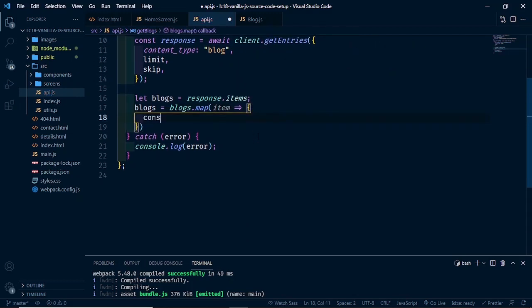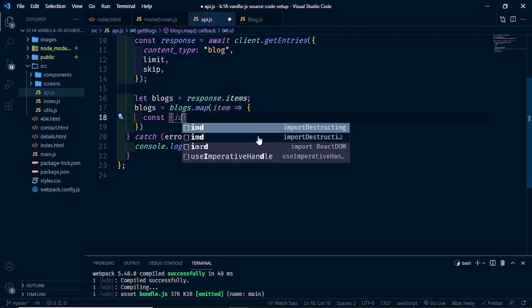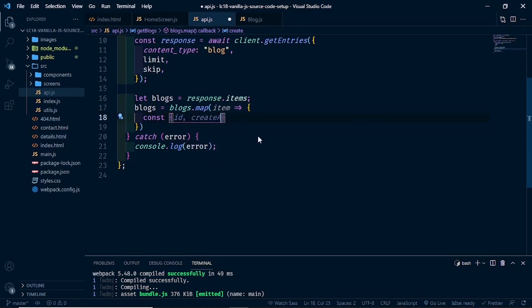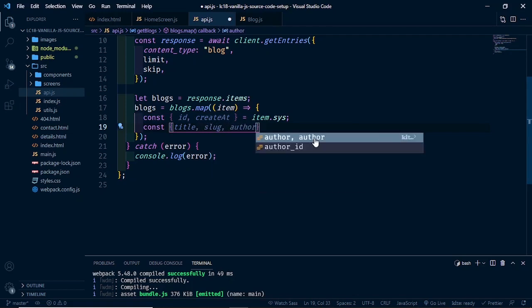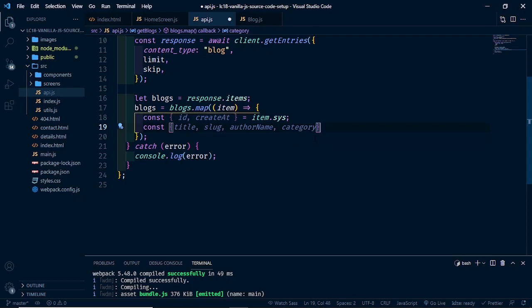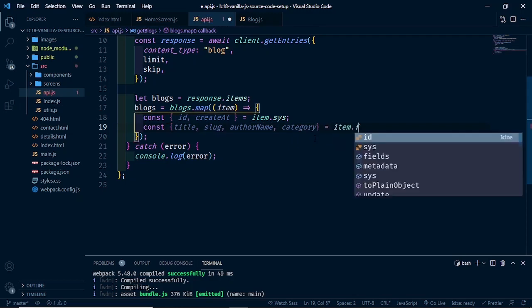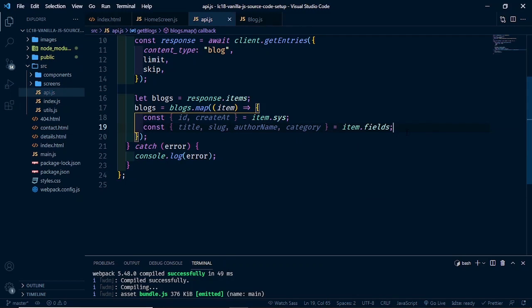Then here let's simply get the ID. We want the createdAt also, it should be equal to item.sys, to be found in item.sys. Then also let's say const title, and we want the slug. We also want author name. Then we also want the category, and these should be in item.fields. Then we also want our thumbnail, so thumbnail should be equal to